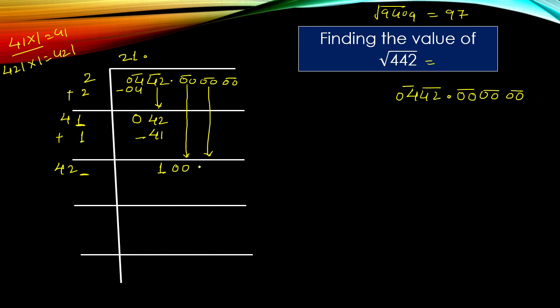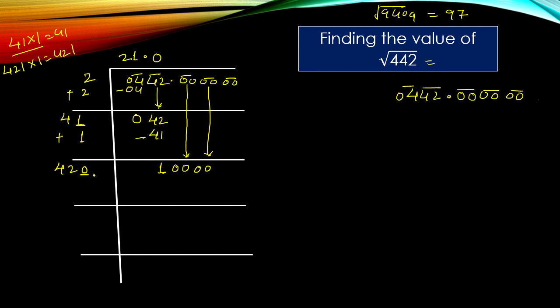We are allowed to bring down one pair, but now we are bringing down the second pair. We are allowed one, but we are bringing down the second one, so we have to put a 0 here. If we bring down the second pair, we have to keep a 0 here, and also a 0 here, the same 0 here and here.